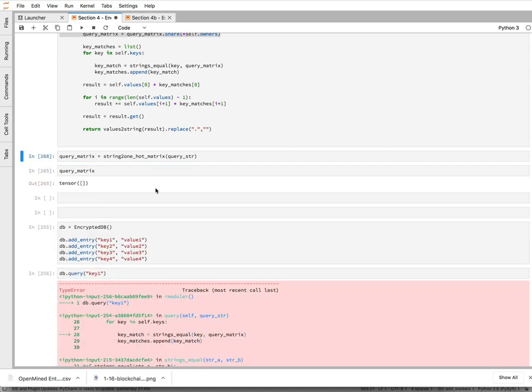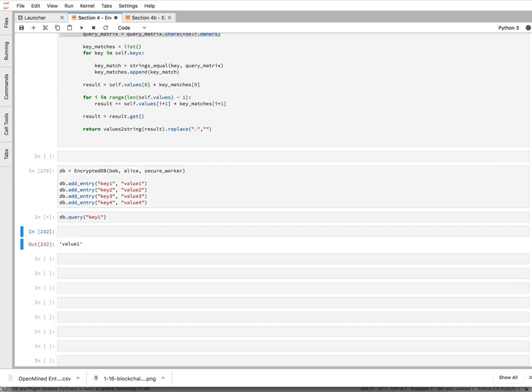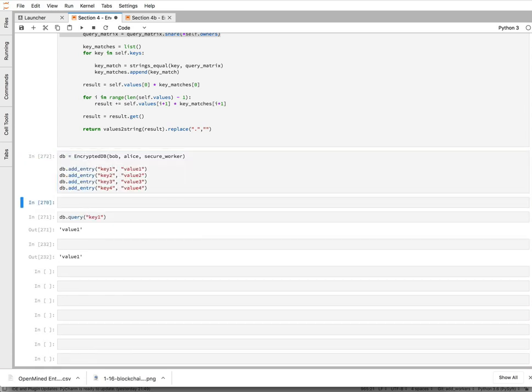Oh, I know what the issue is. We didn't pass in any owners. Boom, there you go. So now we have a database